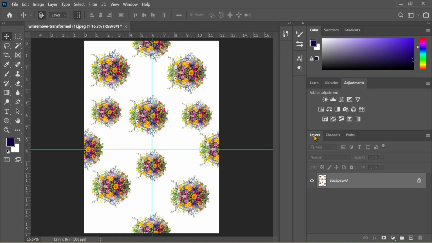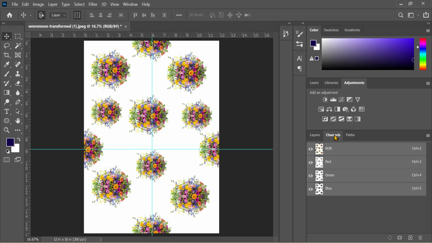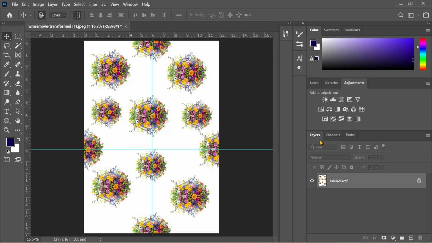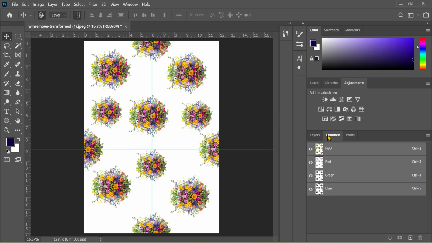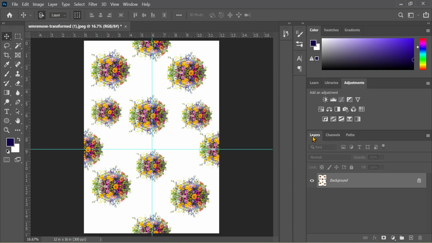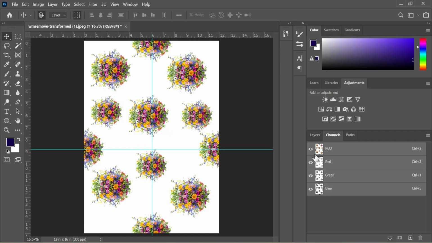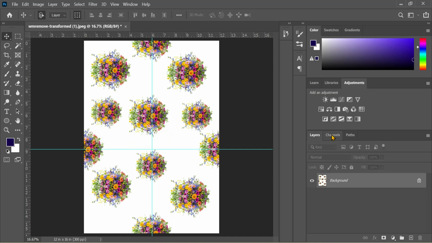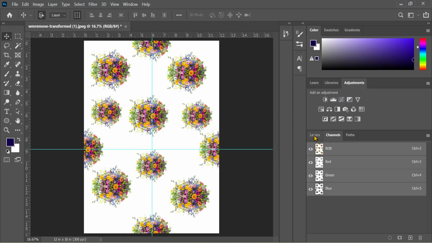Now watch something carefully. The layers here work more with colors. This one, because of our multi-channel layer here, is where we are going to be doing that. This is where we have to create the spot channel. Now when it's on layers you only see one layer, which is a background one, but when it's on channel, the channel usually splits colors. So we are going to be creating our spot channel here,